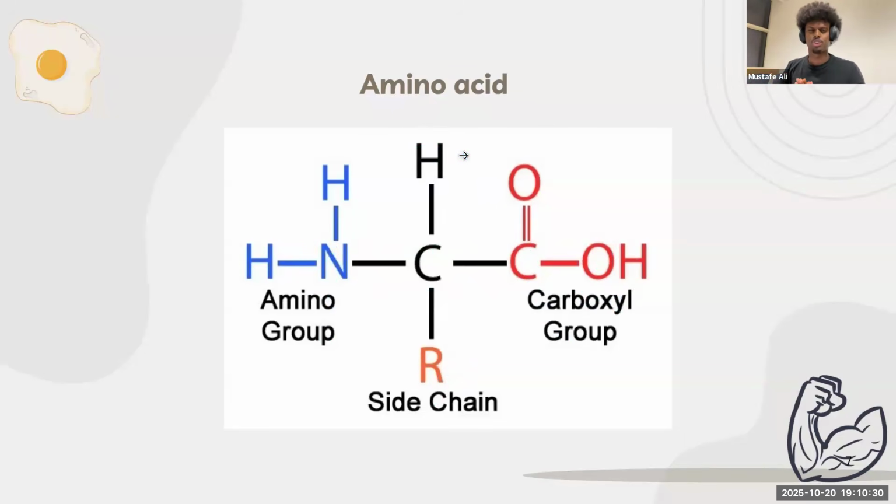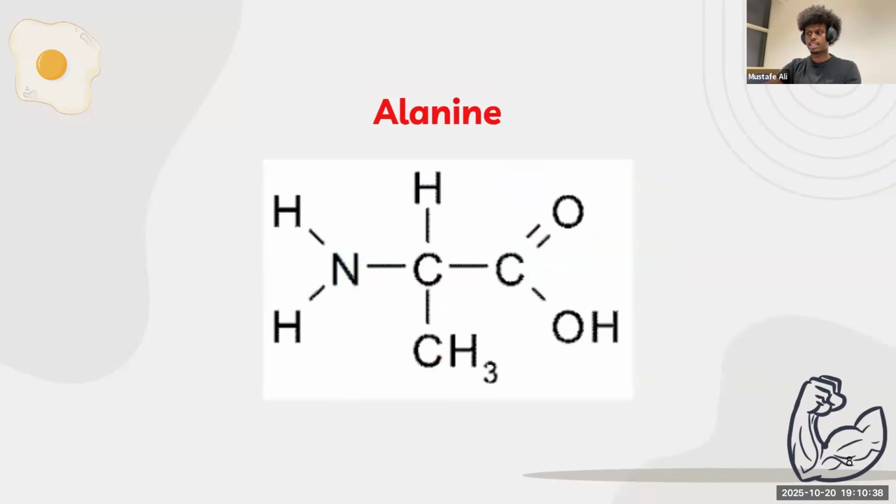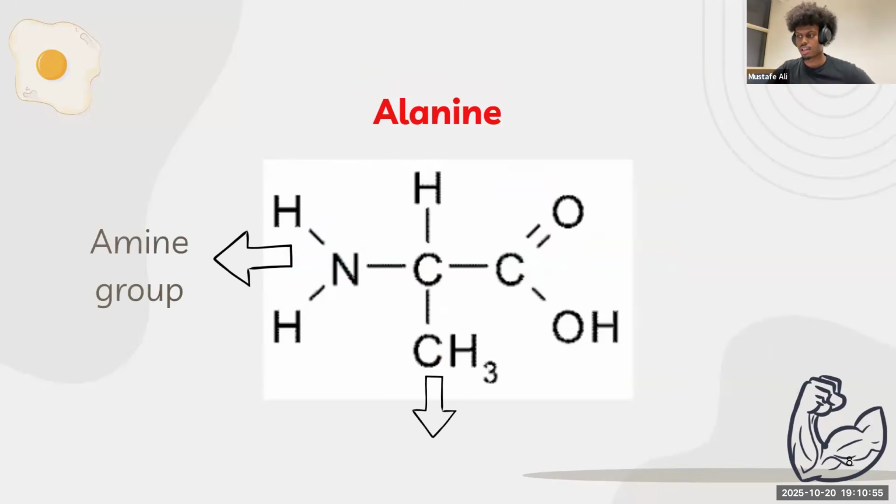Now, every single amino acid has this structure. It might look a bit complicated, but every single amino acid looks like this one. Let's take alanine, for example. Now, alanine, again, has the same structure. Can anyone remind me what this part of the structure is called? Okay, thank you very much. It's called the amine group. How about this structure, which is present on the bottom? The R group, thank you very much. And how about this one on the right? Carboxylic group, thank you very much.